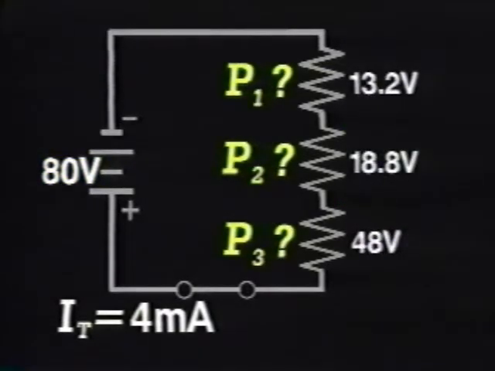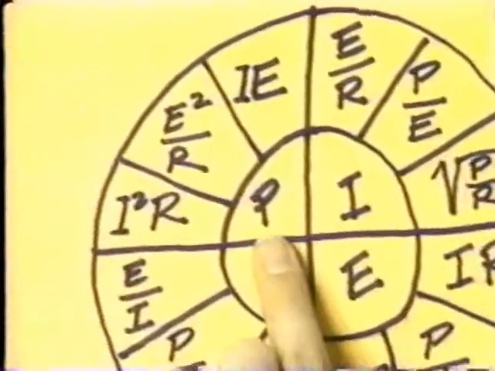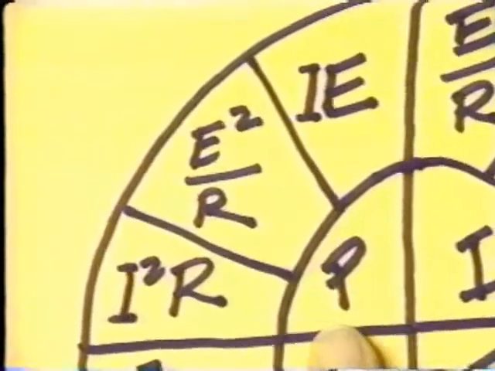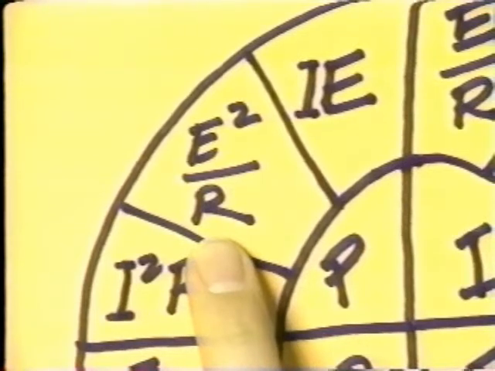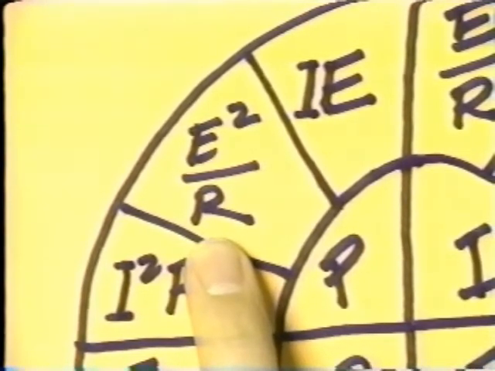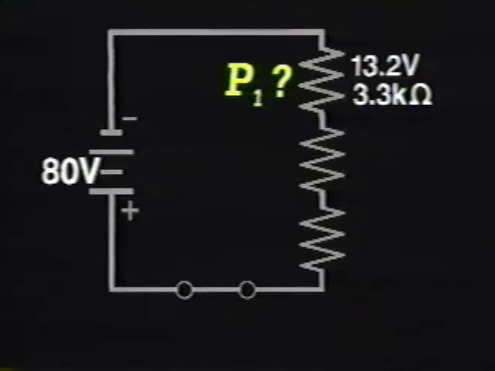Remember, the power for each component is found by multiplying each voltage drop times the current. But keep in mind that in some advanced circuits, you may not always have current to use without first performing many calculations. Referring to the equation wheel, you can see that there is another equation that can be used for finding power which does not require current: E squared divided by R. Let's use it. P1 equals 13.2 volts squared divided by 3.3 kiloohms,